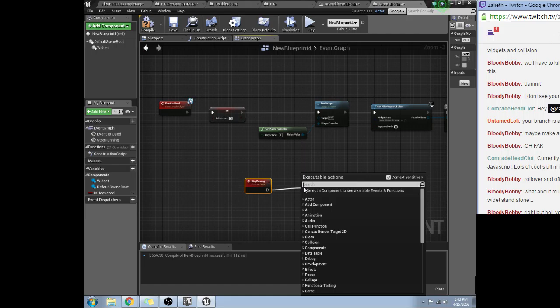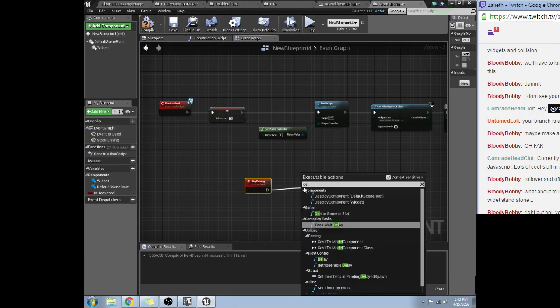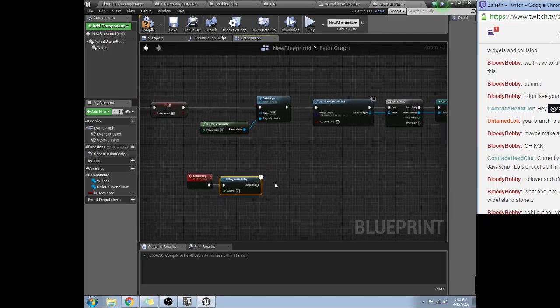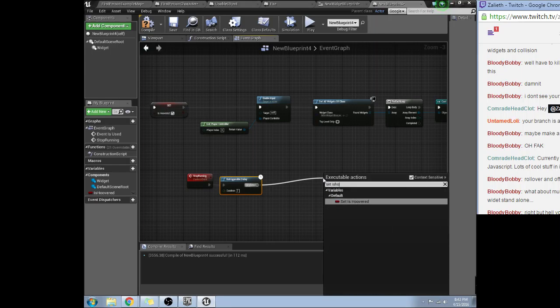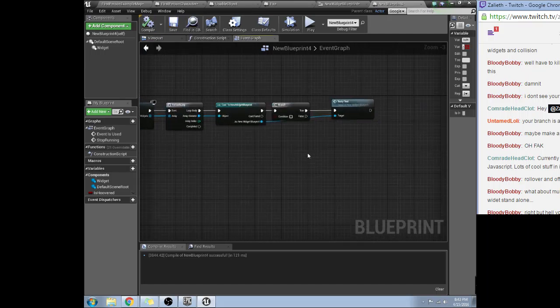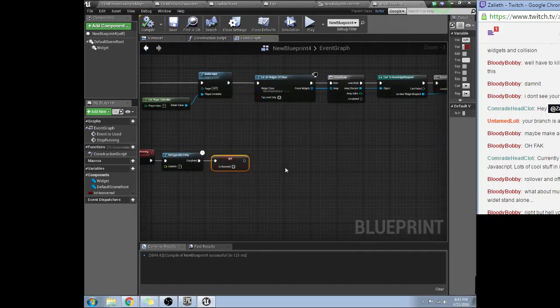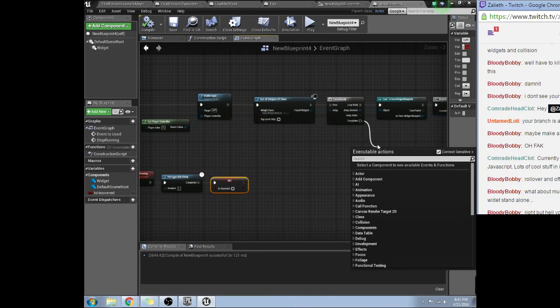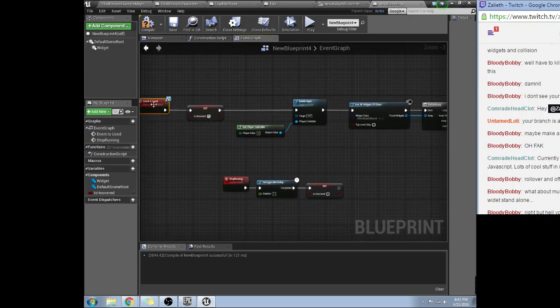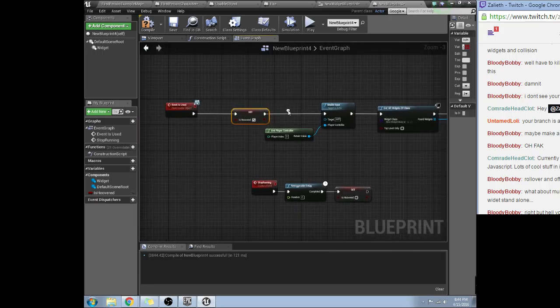Let's see. That's going to be a retriggerable delay of like 2 seconds. For now, set is hovered to false. Stop running. Okay, so the reason I'm doing it here is so that as long as the is used is being fired, it will continue to make sure that this is,